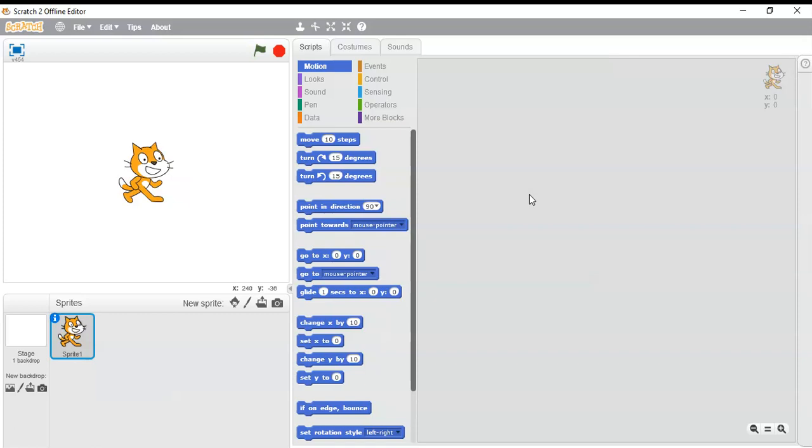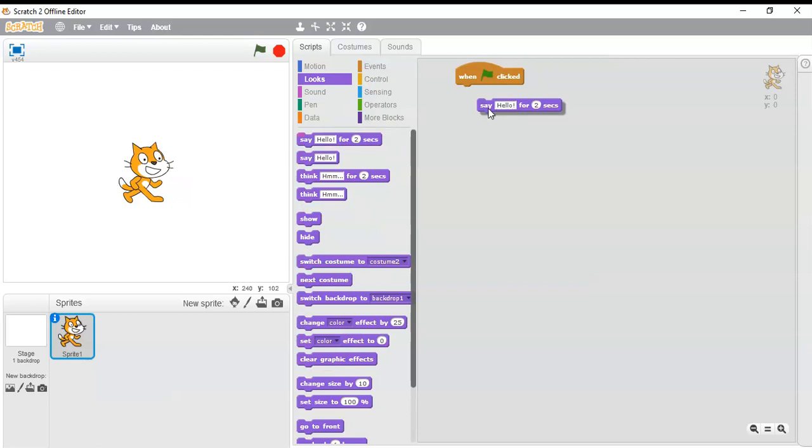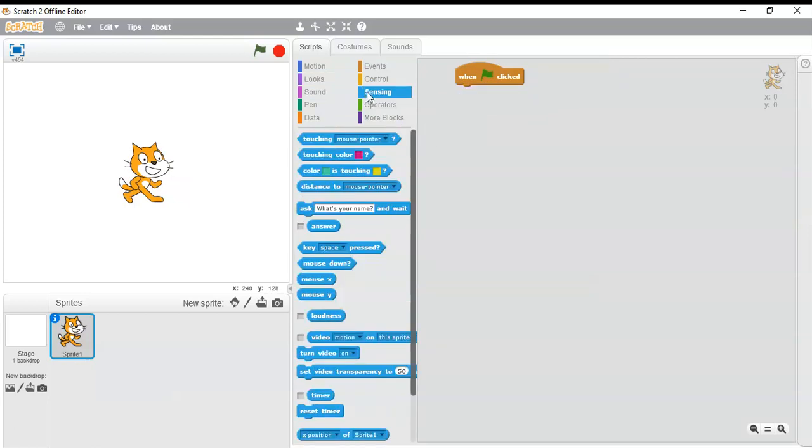So in this video I'm going to tell you how to make an addition program in Scratch 2. So let's get started. First we will take the block when green flag clicked from the event section. Now we will say to the user that we will go to sensing block and drag and drop this block ask and let's change its name to